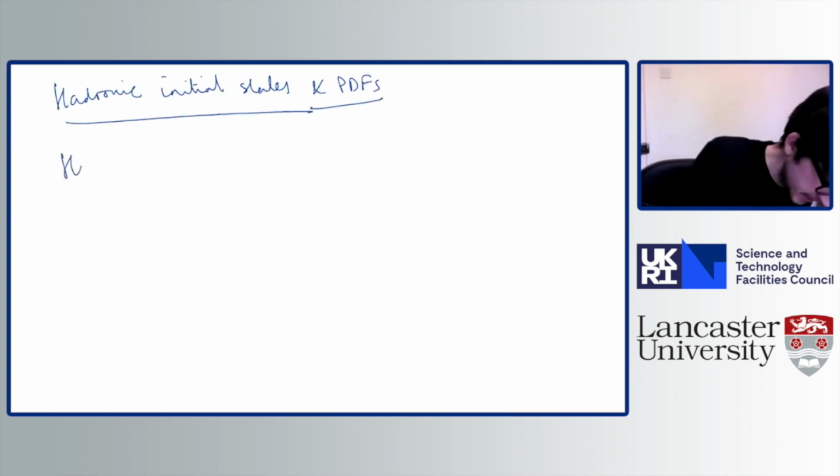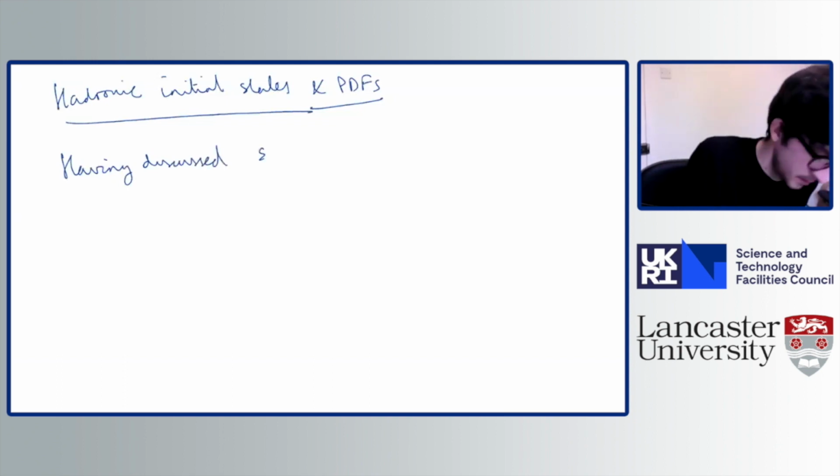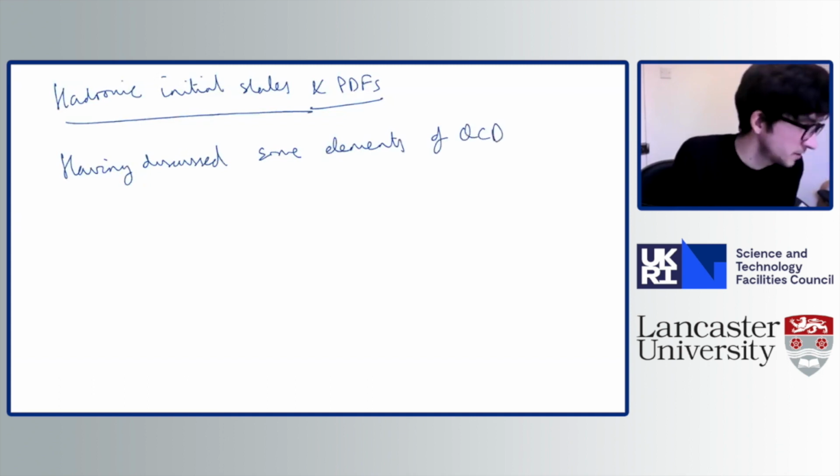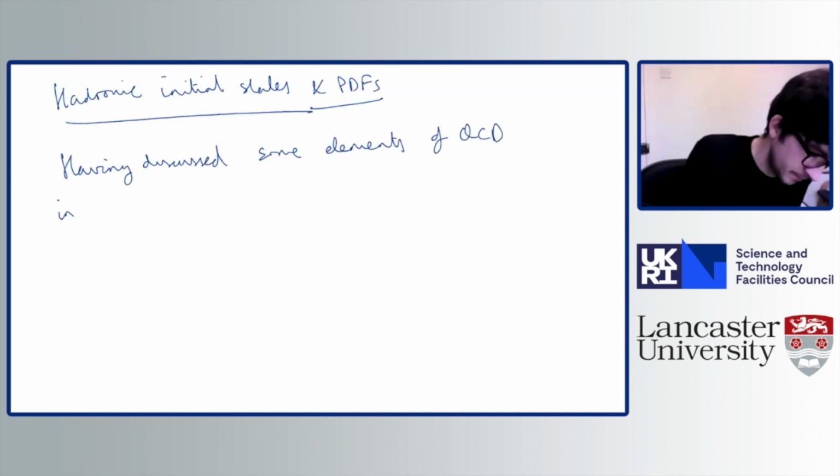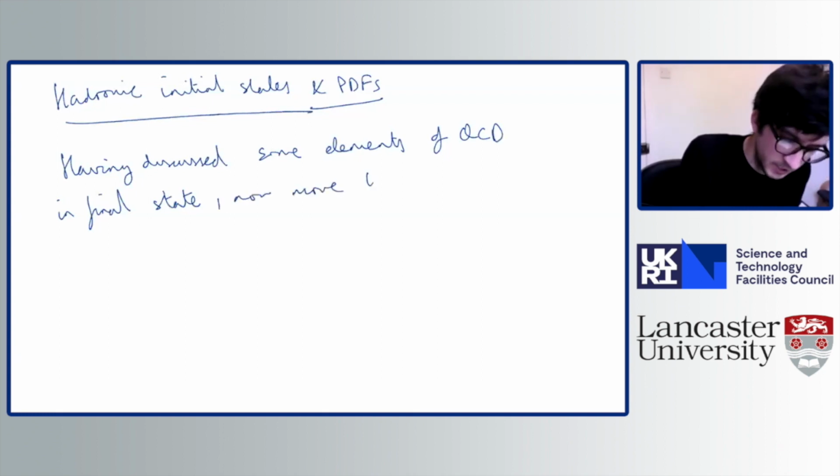So having discussed some elements of QCD in the final state, let's now move to the initial state, let's say hadron, or actually also hadron-lepton. So I'll start with collisions, which of course are relevant for the LHC,